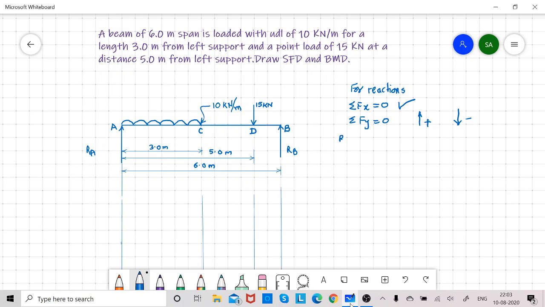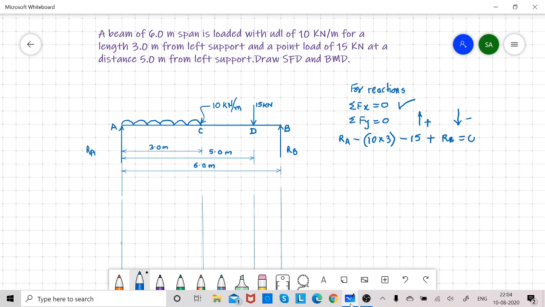RA upward, so I will consider it as positive, minus the UDL is given as 10 kilonewton per meter, and in this case it is spread for a length 3 meter, that is from A to C. So for 1 meter it is 10, so for 3 meter it is 10 into 3. This is minus, it is a downward load, minus 15, that is the load acting at D, plus RB